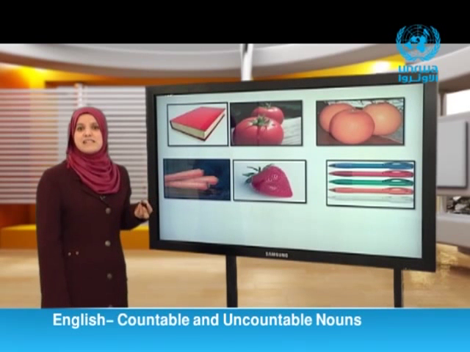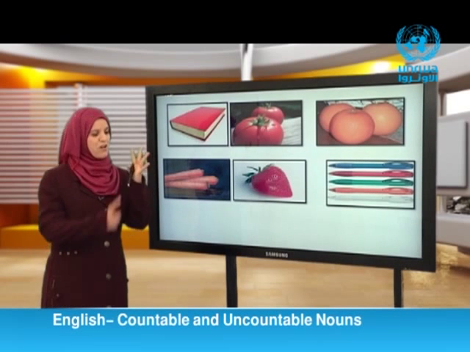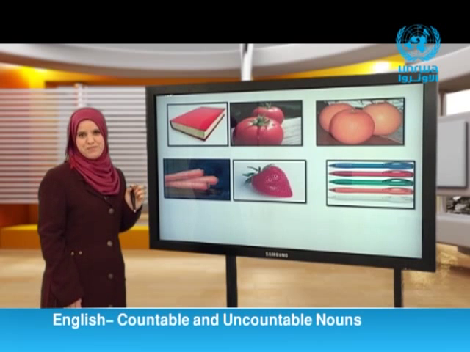As you see, some nouns can be easily counted. 1 pen, 4 fingers. We call them